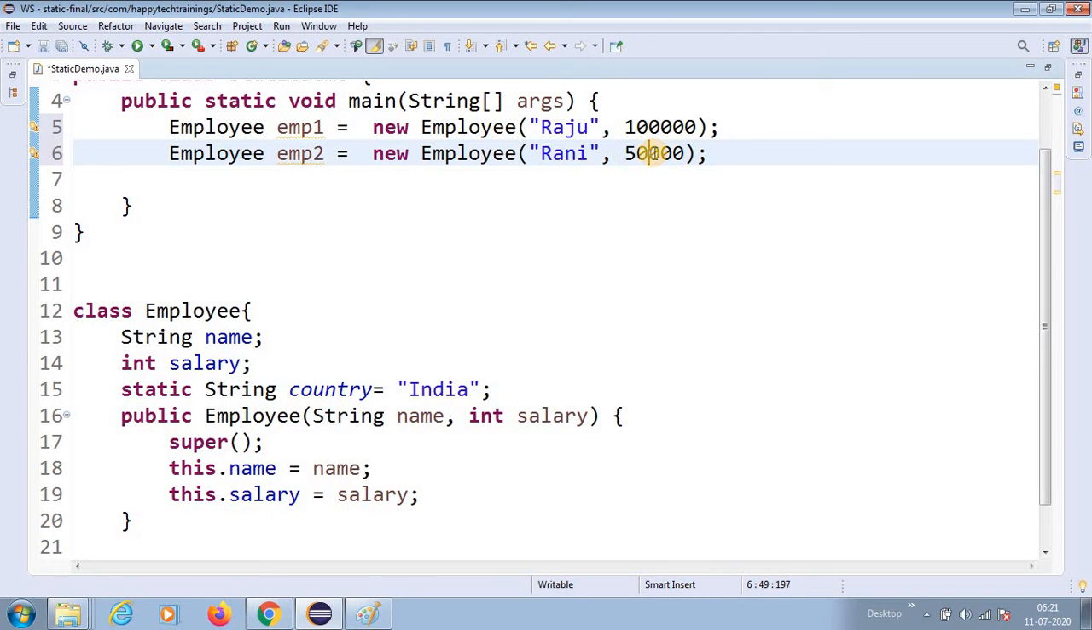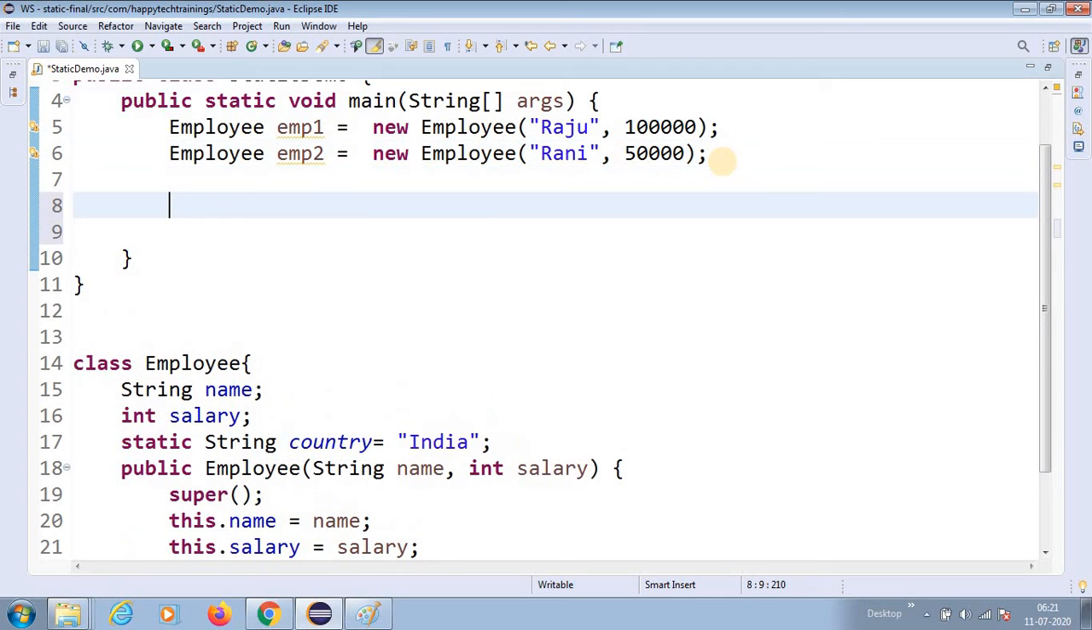Here it is, 50,000. So let us check whether both refer to the same country or not. I'm going to have System.out.println. Guys, to access